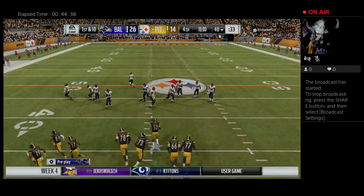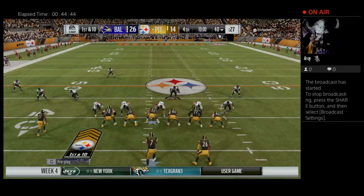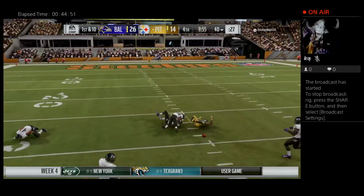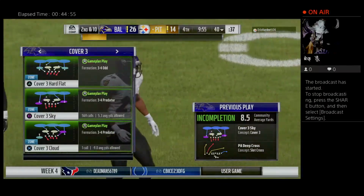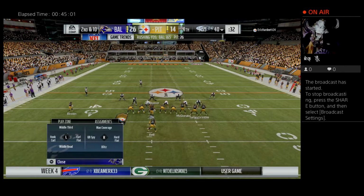Big Ben and the Steelers with a 1st and 10 at the 40. They go back to the air here after the INT on the last drive. Going for the deep ball. He couldn't quite hold it. Got hit. Ball pops out. Incomplete. This defense was definitely alert to the possibility of the deep ball, and they were more than ready for